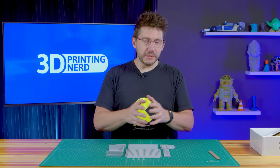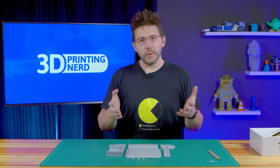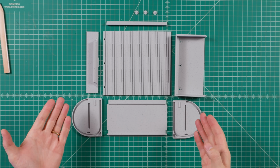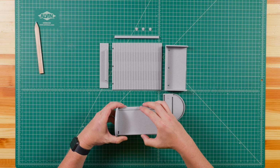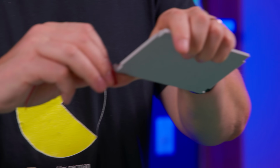I do have a box of sandpaper. If anything's a little too tight, we will just convince it a little bit. There are directions on the PrusaPrinters.org website that show you the assembly instructions and the correct way to do it, but visually, I think I get it, and we're just gonna go full send. So this is gonna go kind of like this. Got some 220 grit right here. Just gonna...